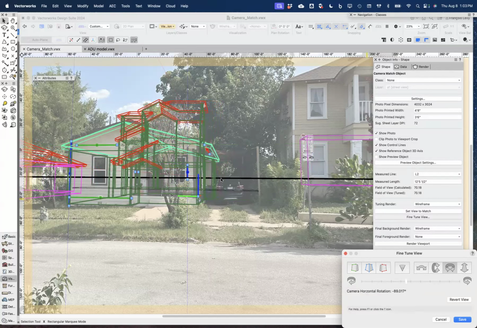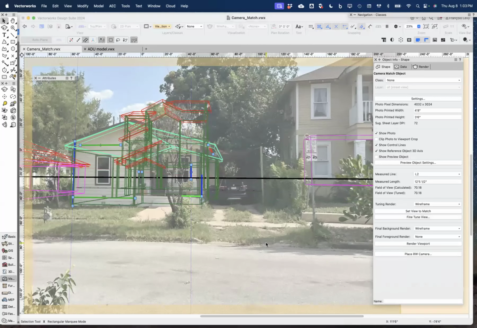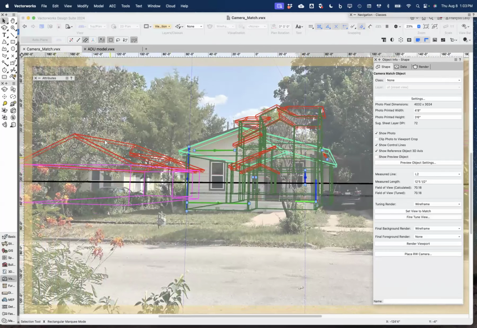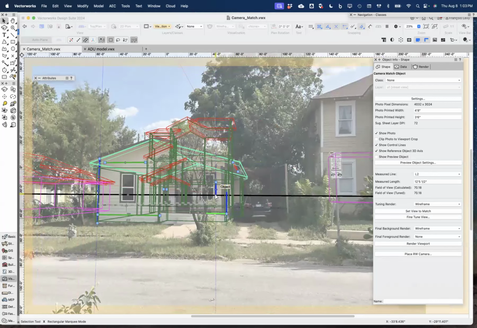You can see how my walls here are lining up. And I can also see how this structure is lining up with next door. It's getting a little closer, right? And then once I've fine-tuned it, gotten it close enough,